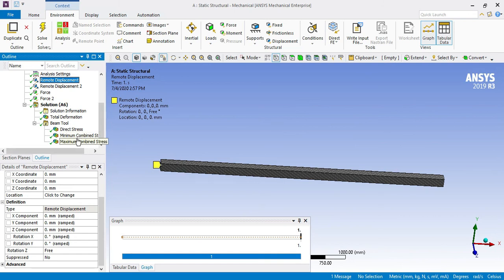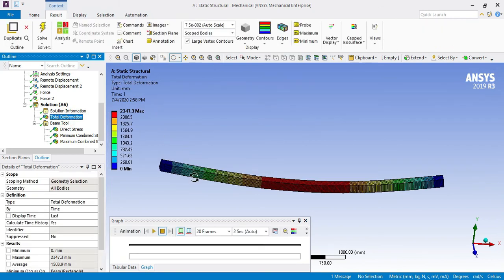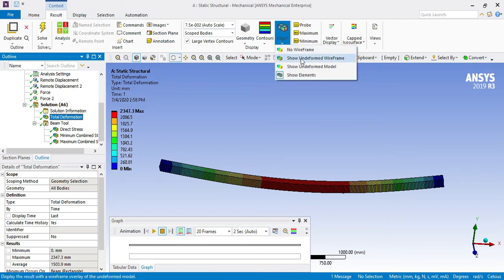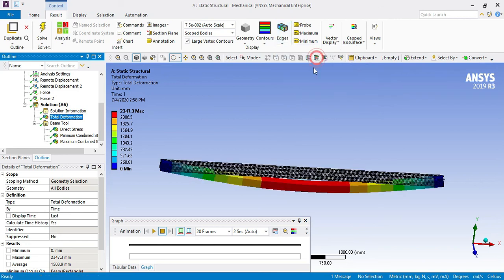So after that we got here the total deformation while applying that much of load. So this is a value in mm. You will see your unit in mm. So you will see here the undeformed wireframe.